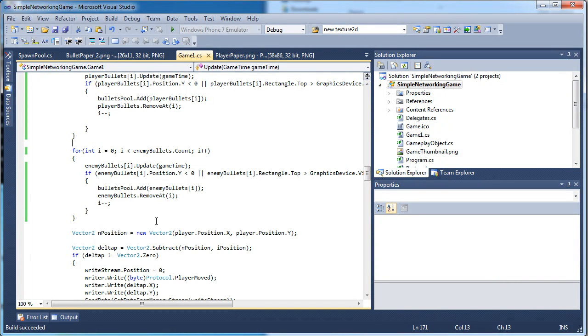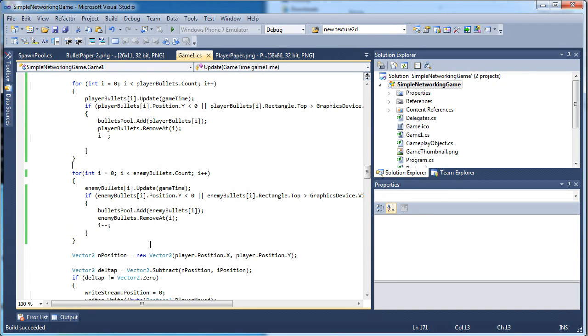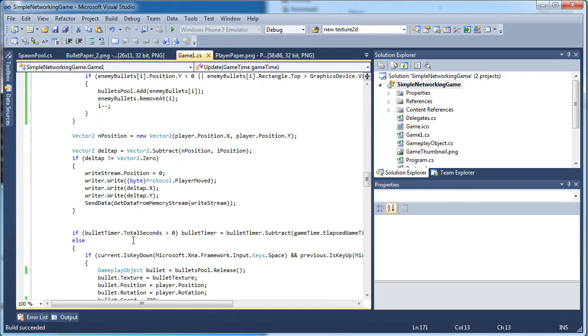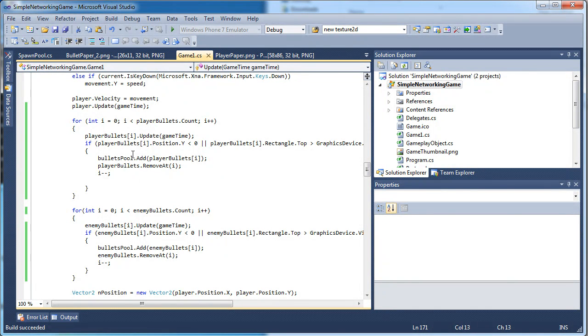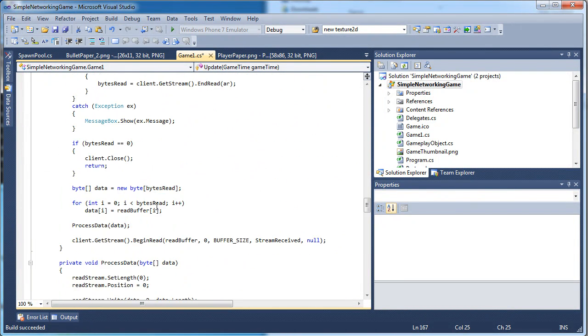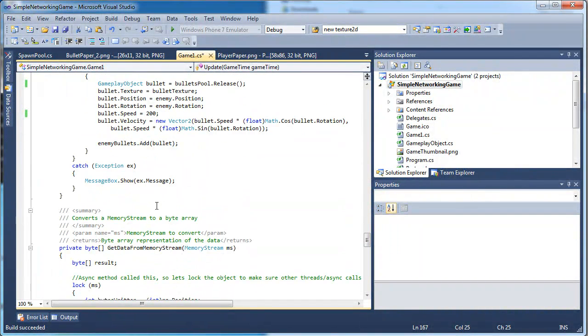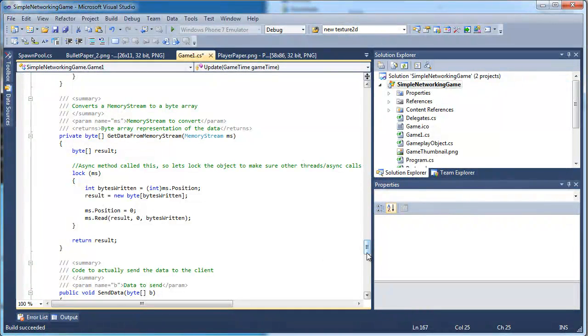Now I did change the enemy bullets to the for loop. If you remember the last tutorial, I left 1 as a for each loop and 1 as the for loop. So I made both of them the for loops, because it's pretty much the cleanest way to go. As much as I love the for each loops, there are some cases where you really need to use the for loops. And I believe that was everything I modified. Yes, alright, so let's go ahead and